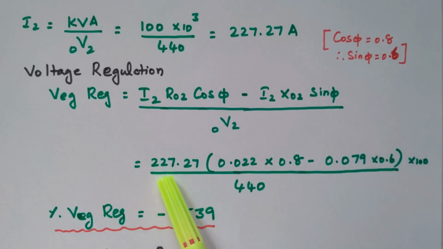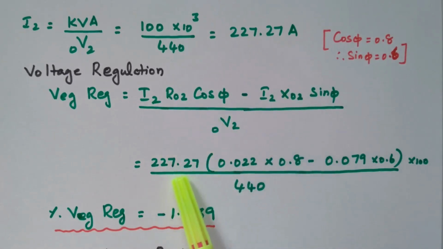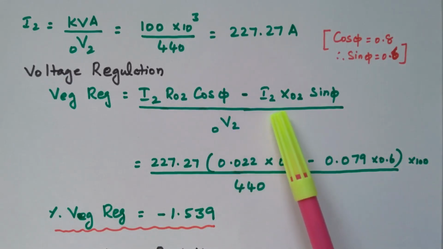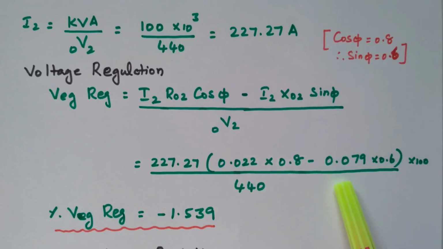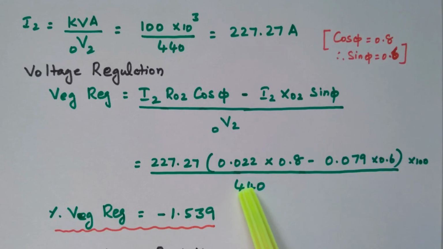I2 equal to 227.27. This I2 is commonly available between these two parameters, so this is taken outside. R02 is 0.022 into cos phi is 0.8 minus X02 is 0.079 into this sin phi is 0.6, into 100 divided by 440. So by simplifying this, what we got is minus 1.539. The voltage regulation is